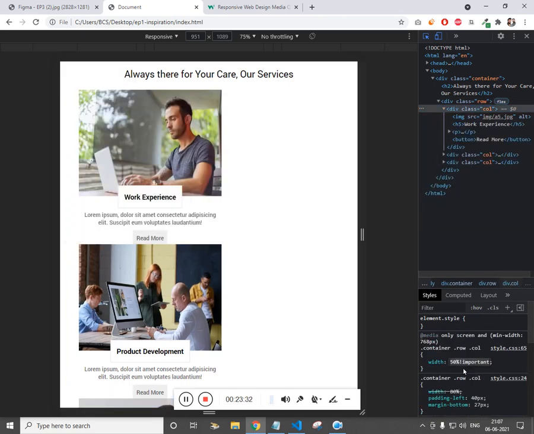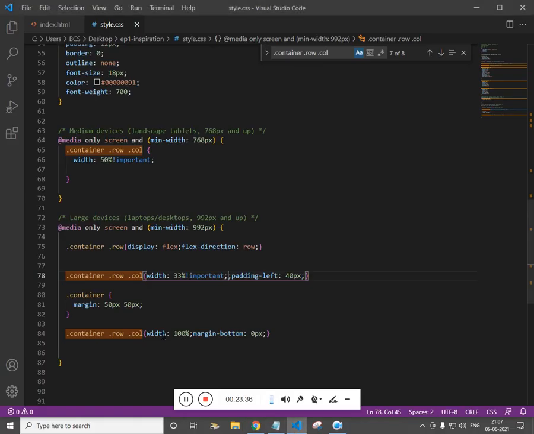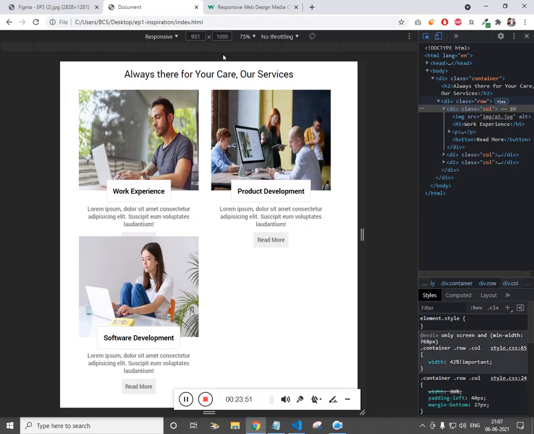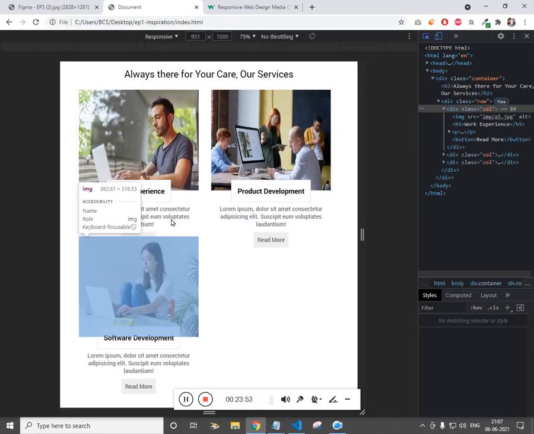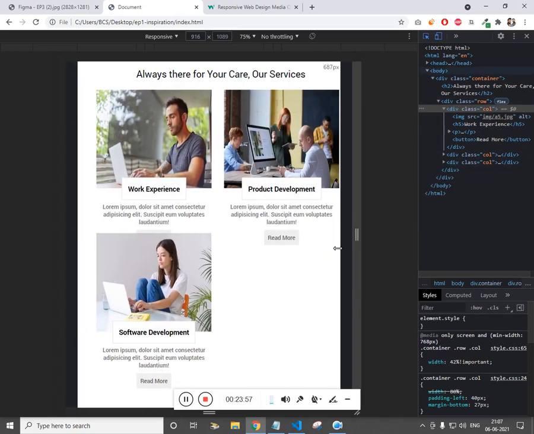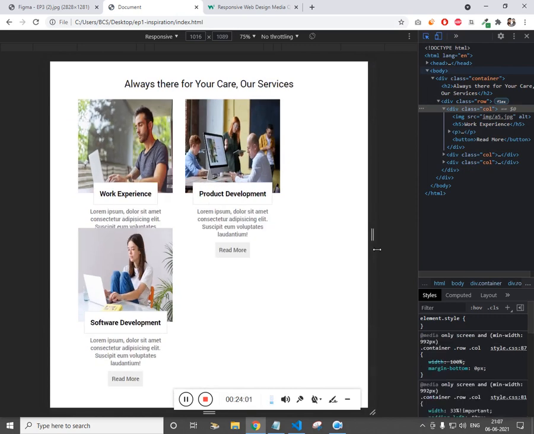Let's try to decrease it. Yeah, we have to make this 42%. Let's make this 42%, and then on the column, on the row, we need to use flex wrap. So this is great. This is as we thought. So if this is mobile, it is 100%. If this is tablet, it is 3 section. If this is desktop,